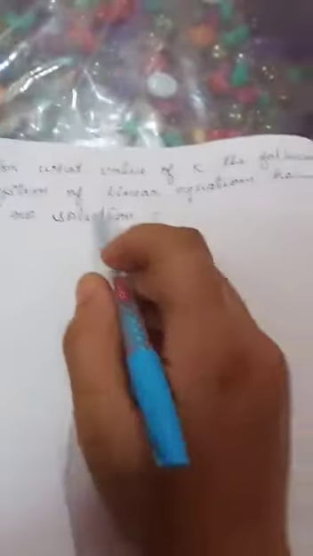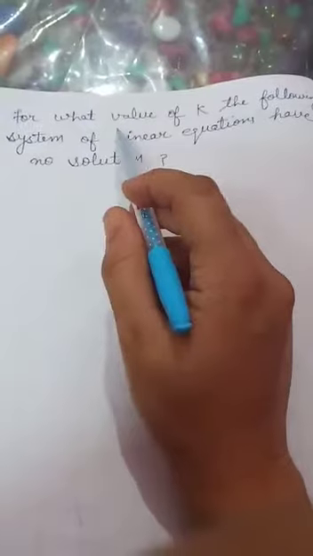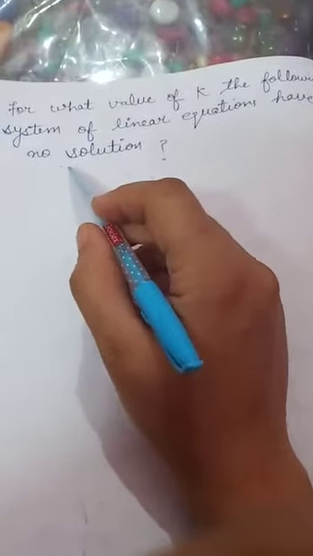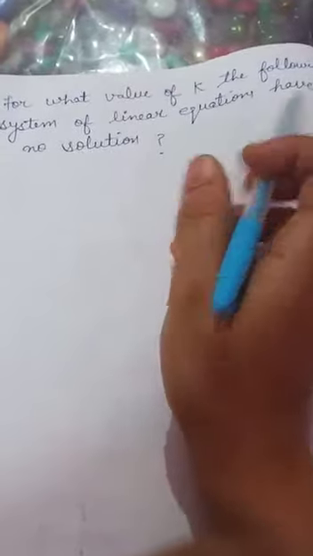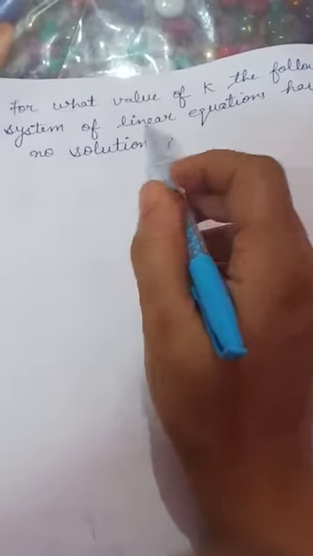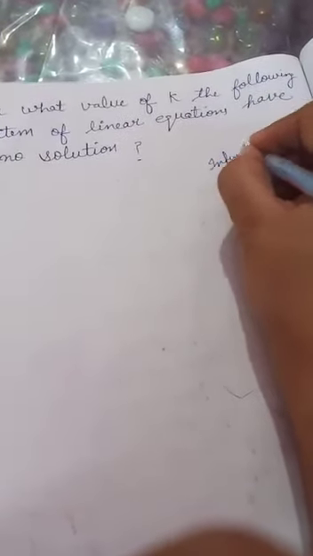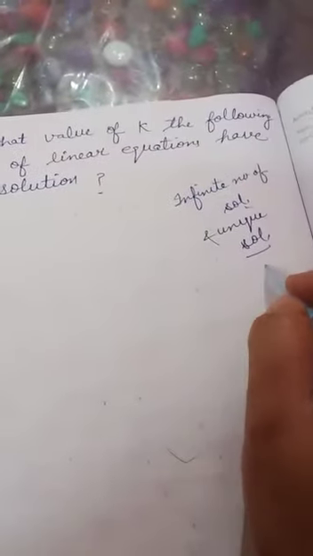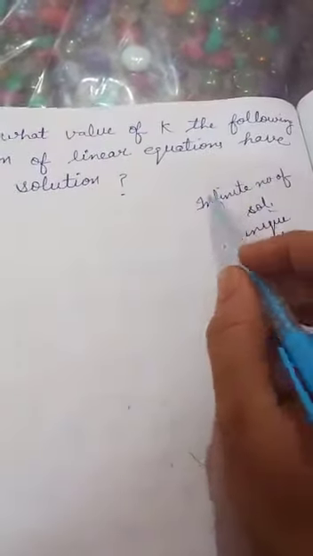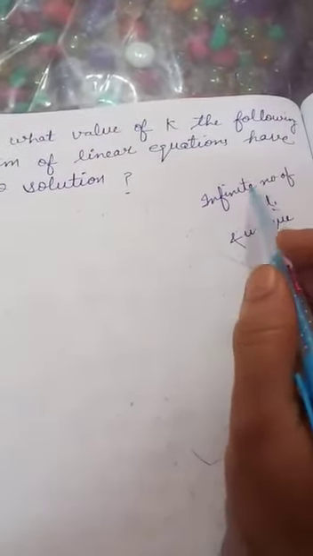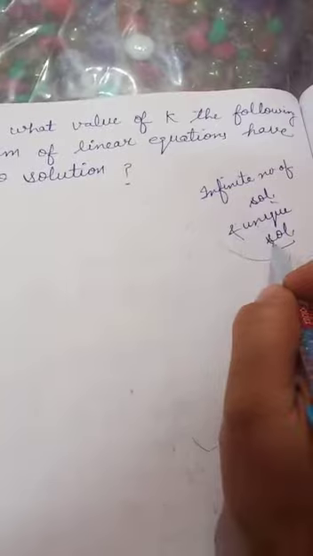Yes, students, now in this video I am going to explain about the third type of sum, for which a system of linear equations has no solution. In yesterday's lecture we learnt about those systems of linear equations which have infinite solutions and unique solutions. For these types of solutions, we found the values of the unknowns present in the pair of linear equations.